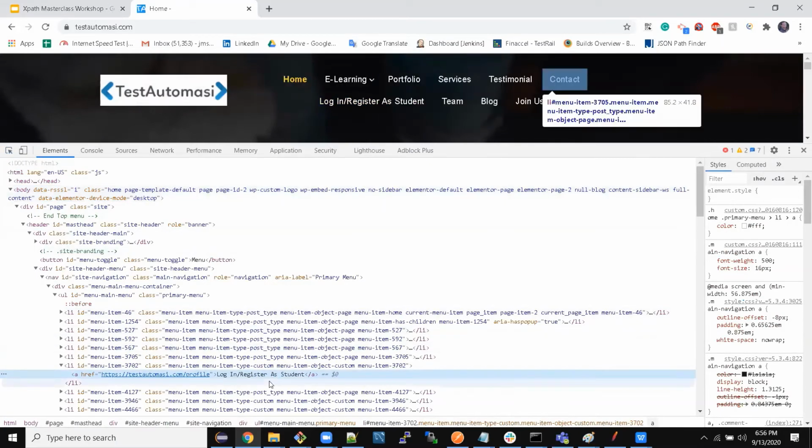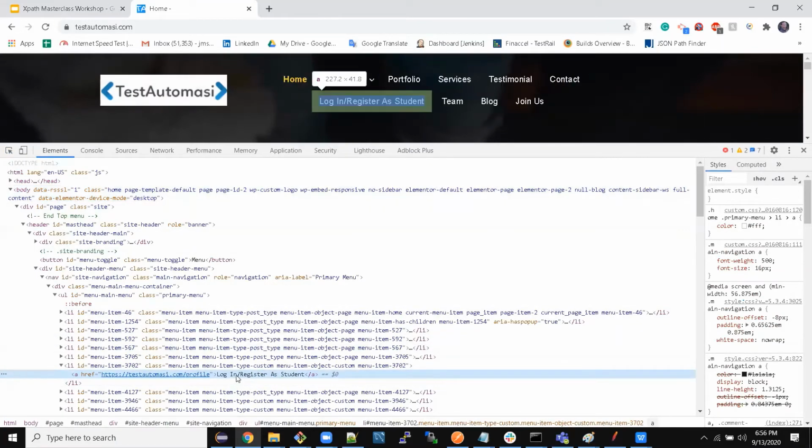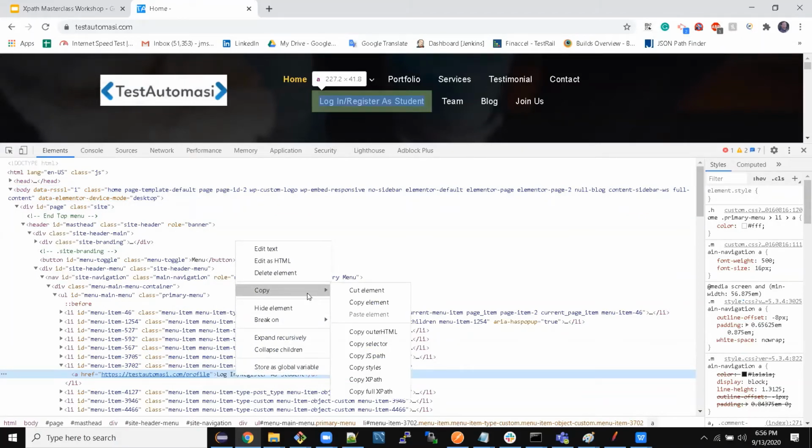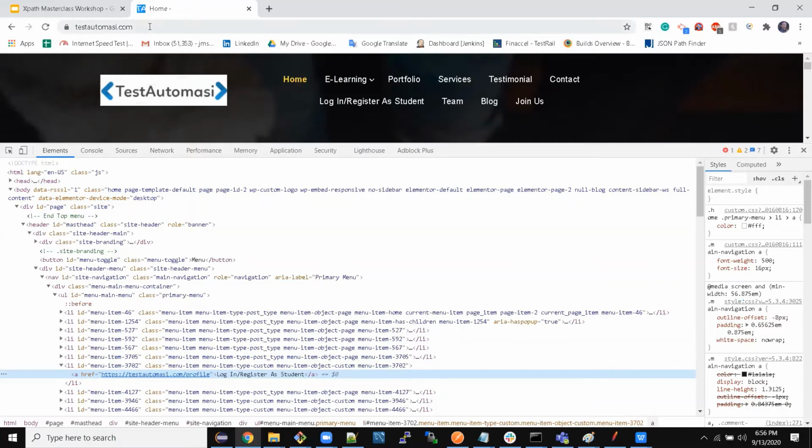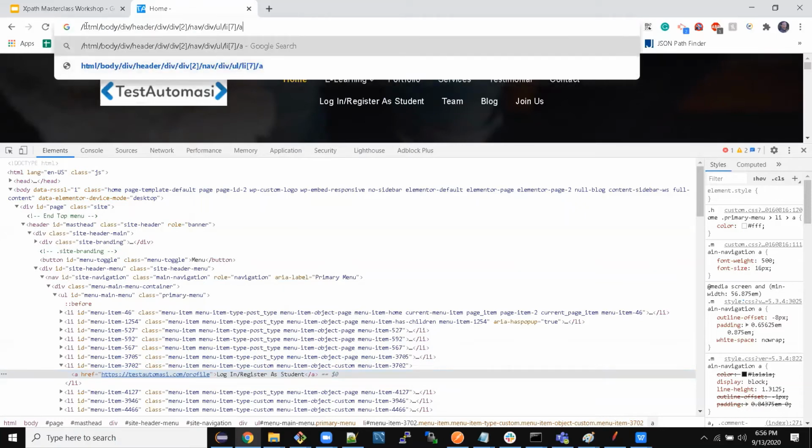There are multiple ways to find this XPath. One of them, the simplest one in Chrome Dev Tools itself, is to go to copy and choose copy full XPath. So this is your absolute XPath.